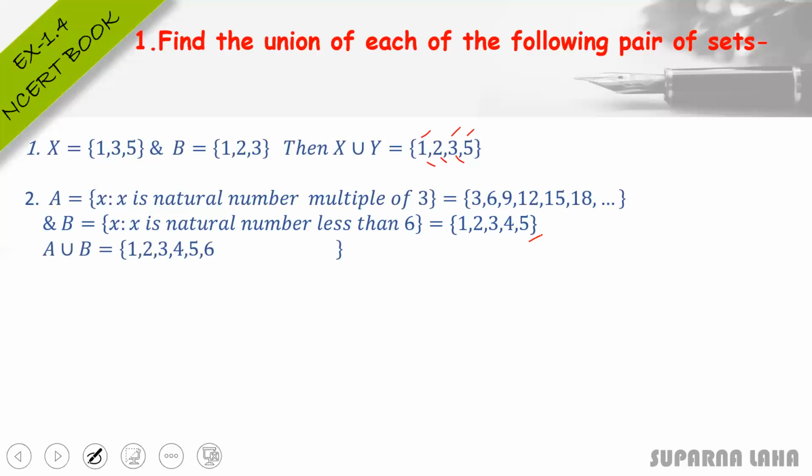So what is the union of A and B? 1, 2, 3, 4, 5, 6, and then 9, 12, 15, 18, and so on. If you want to write it by its nature, x may be of the 3n type, where n is a natural number, then 3, 6, 9, 12, 15, 18, like that. And some elements are not of the 3n type, that is 1, 2, 4 and 5. So it is the union of the sets A and B.